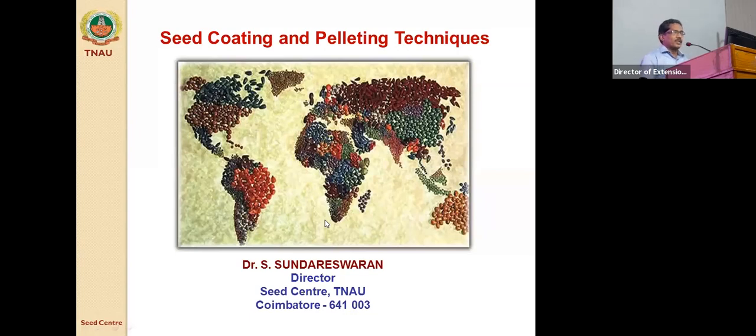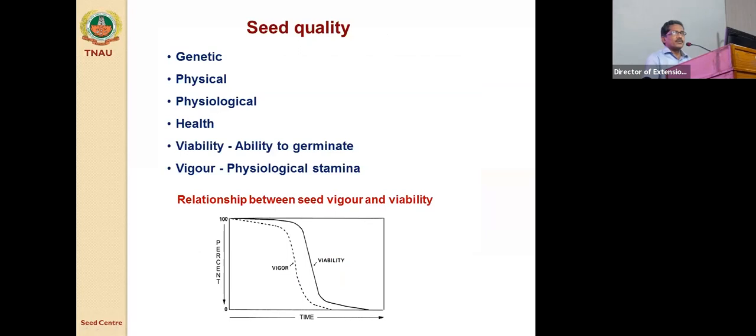So nowadays we call it seed enhancement techniques to improve the seed quality, especially after harvest of the seed crop. These seed quality enhancement techniques involve priming as well as pelleting and coating to improve the seed performance. Here we can say that there are four important characteristics of good quality seeds. The most important and the prime quality of the seed is genetic quality.